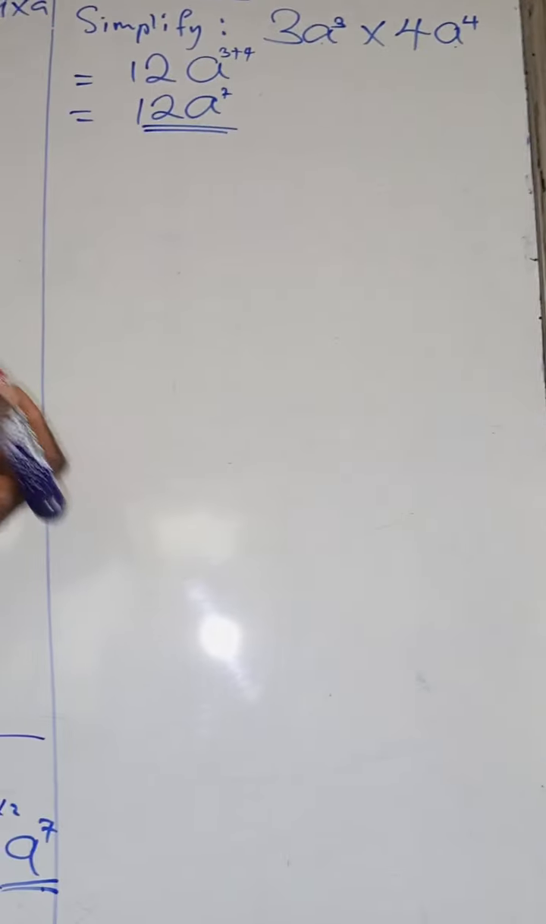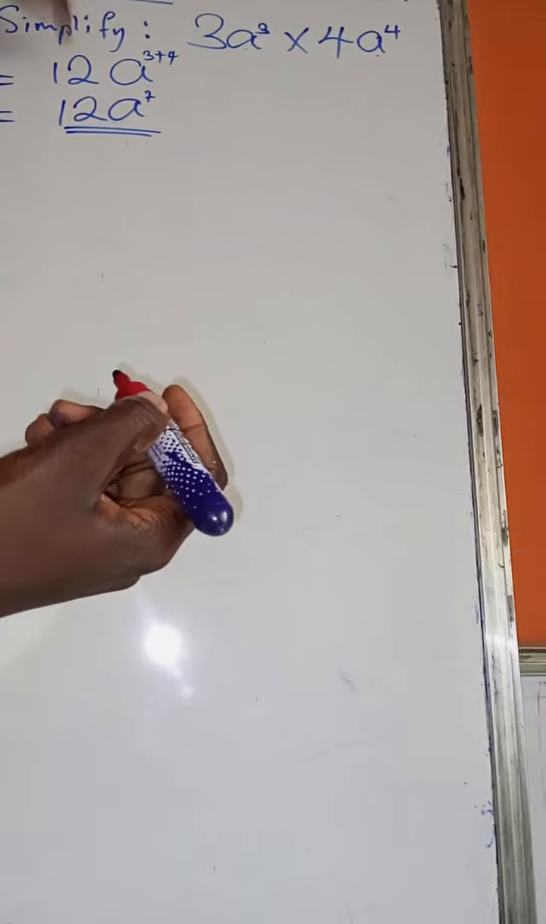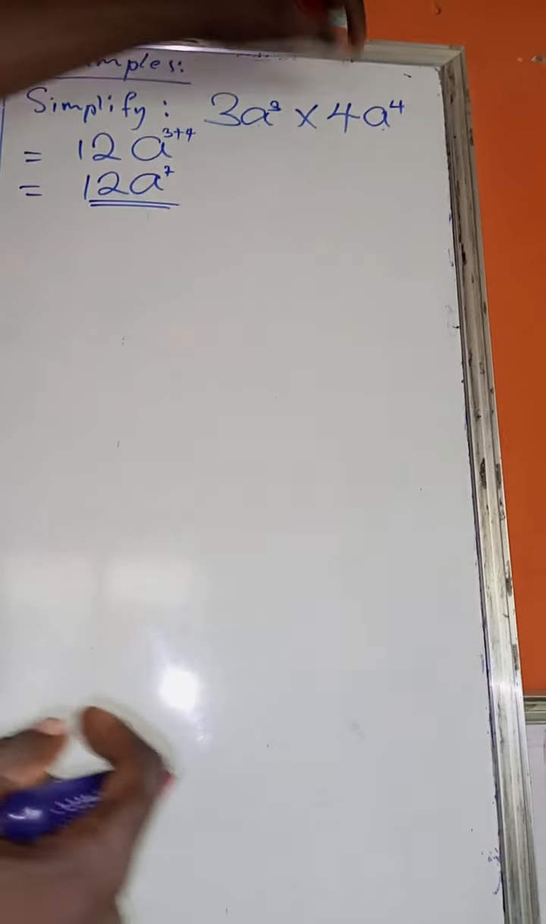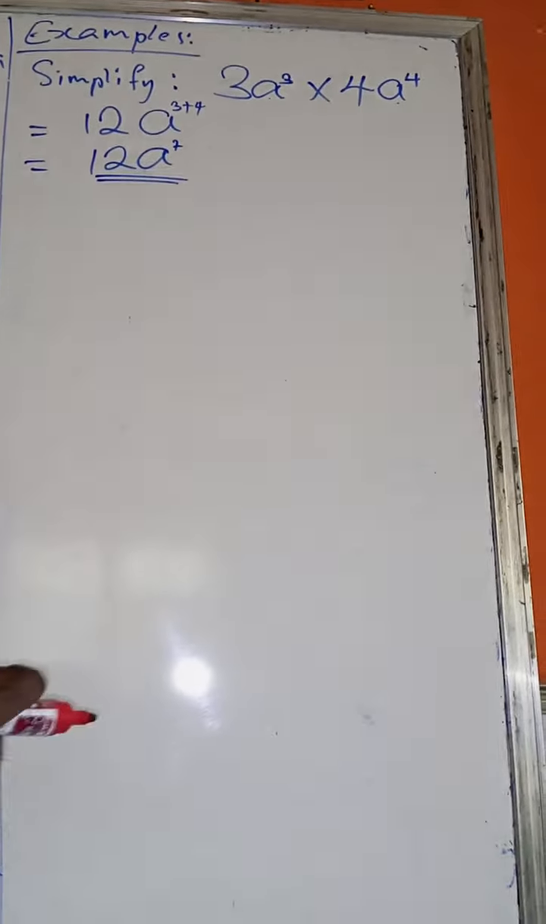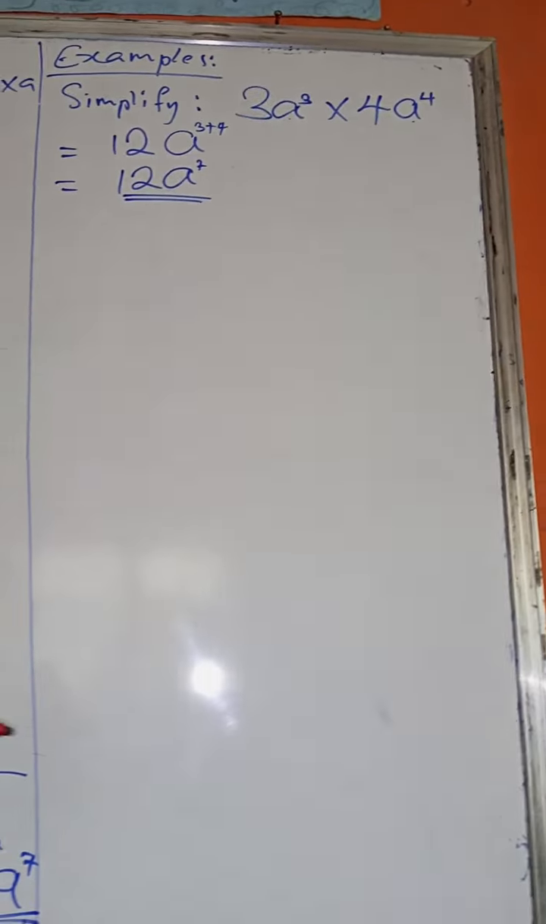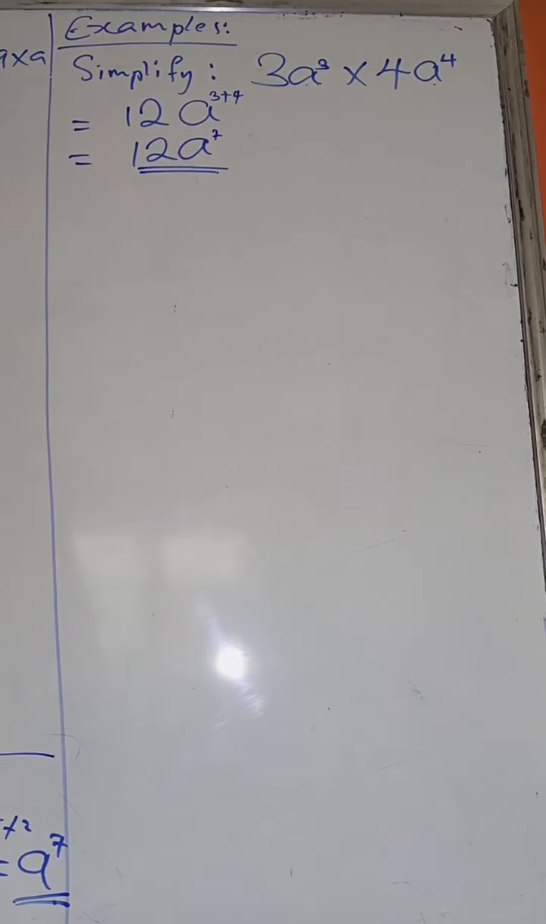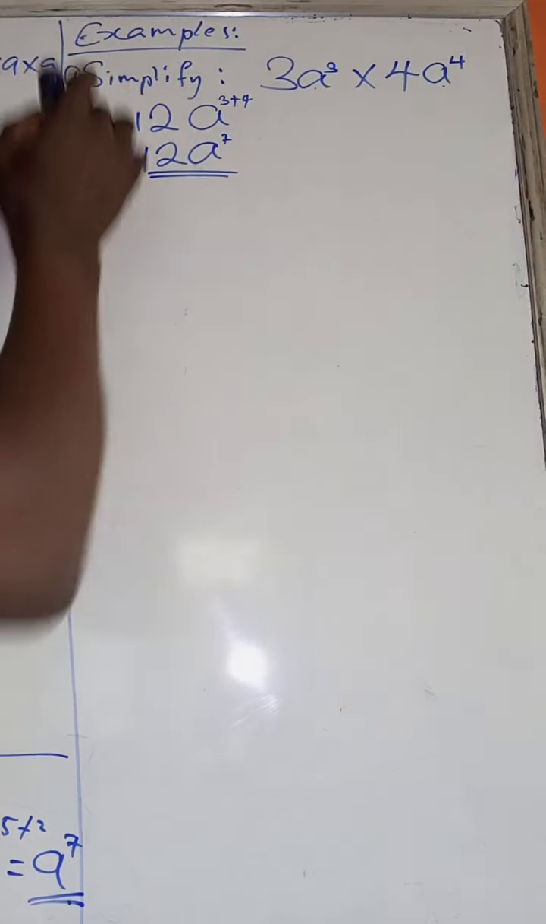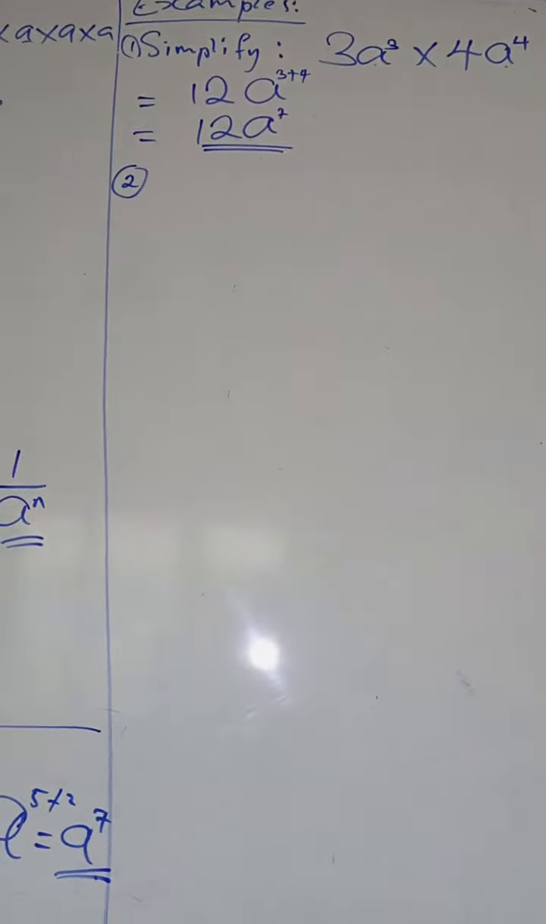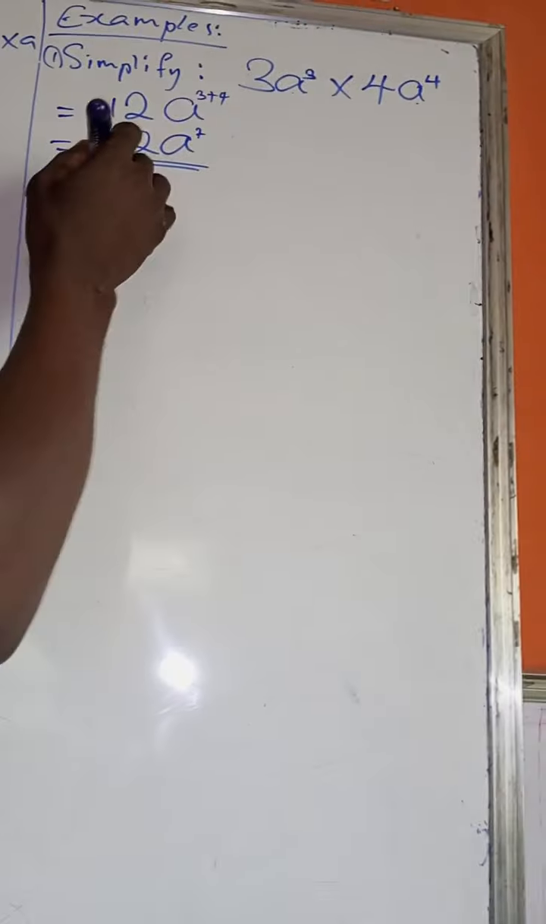Because if it comes in any way, you just treat their coefficients separately. Now let me apply it to standard form. Let's call this one 1. I want to apply the indices to standard form. So let's say we are given